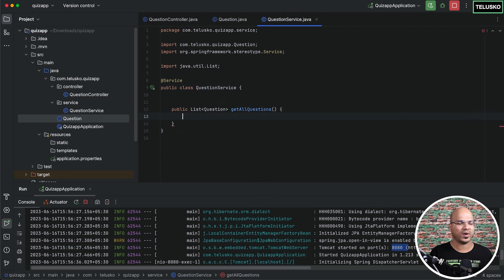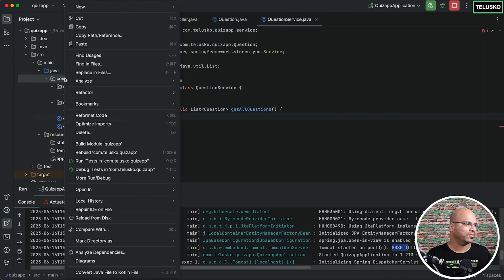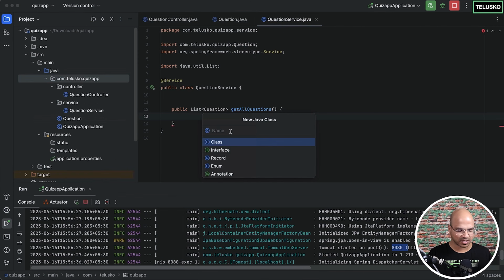It's just that we have to provide some logic. Now, of course, the service here is not doing any processing. It's just fetching data from the DAO layer. Oh, we don't have a DAO. So I will create a class, and I will name this class